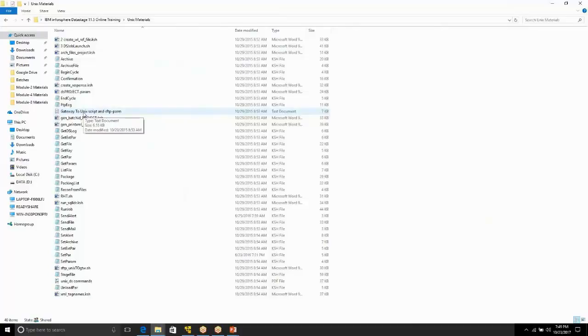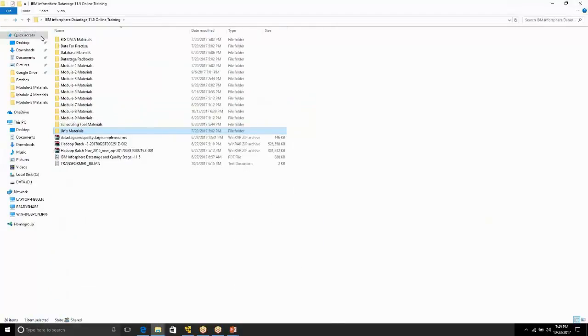I'm going to send you thousands of scripts if required. For the last 12 and a half years that I'm working on DataStage, I have a good habit: in every project I work on, I copy those scripts outside. So I have a lot of scripts which I wrote and which my friends wrote in my other projects. I can share plenty of Unix scripts with you. And as part of this, I'll also share some